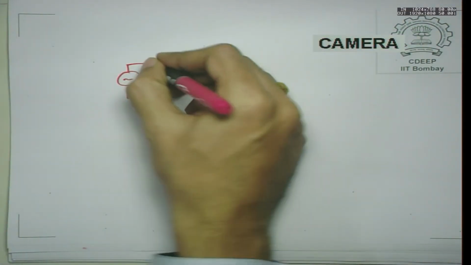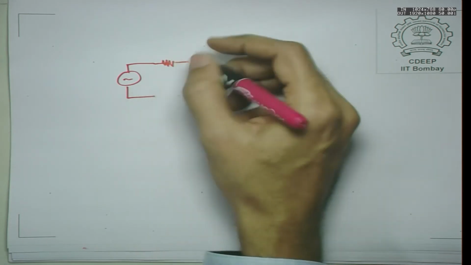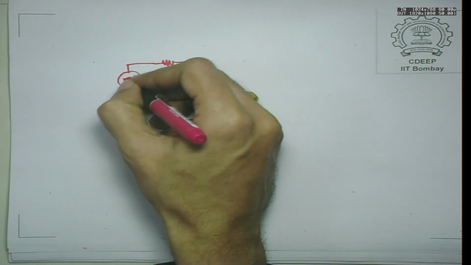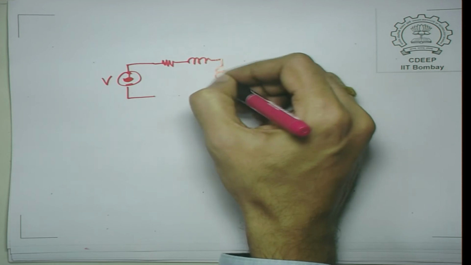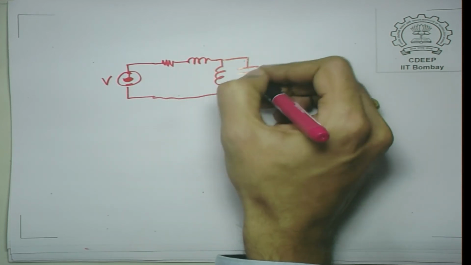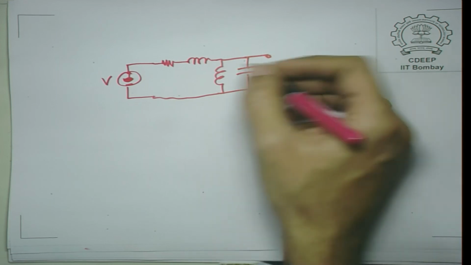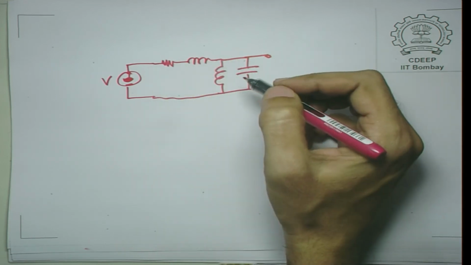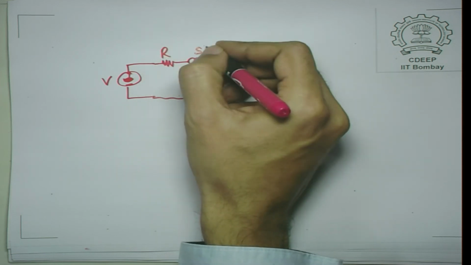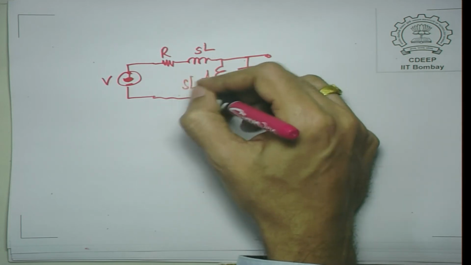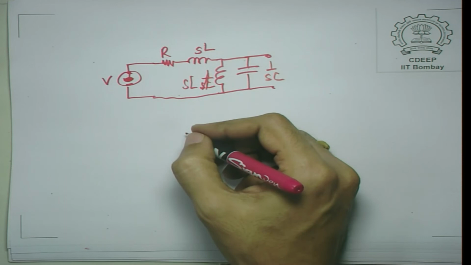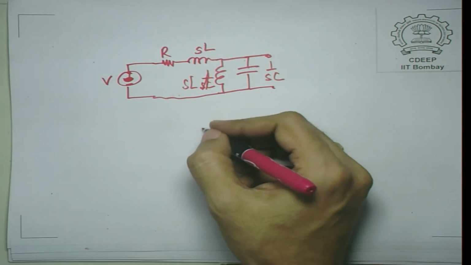So, in this equation, if you have an RLC circuit here, remember that once you turn on the switch, it is not a sinusoid, it is a step voltage V. And then you have this SL and this. So, for example, if you want to take out the current through this inductor, what you need to do is, this is R, this is SL1, 1 upon SC, this is SL2 and this is 1 upon SC, and the current simply comes out